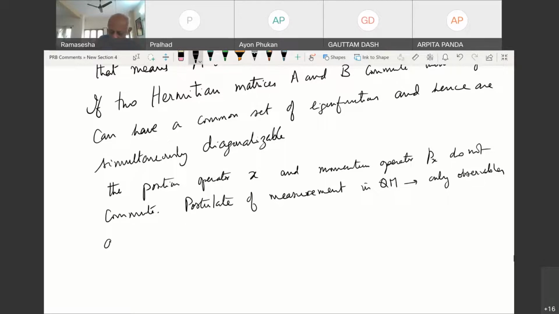What it means is that if I start with a general state, which is a linear combination of plane waves, which are actually the eigenstates of Px, like e to the ikx, and I try to make a measurement of Px, immediately the system goes into one of the eigenstates. Okay, and the value of the eigenvalue is the measurement that you are going to get. So that's what the postulate of measurement is.